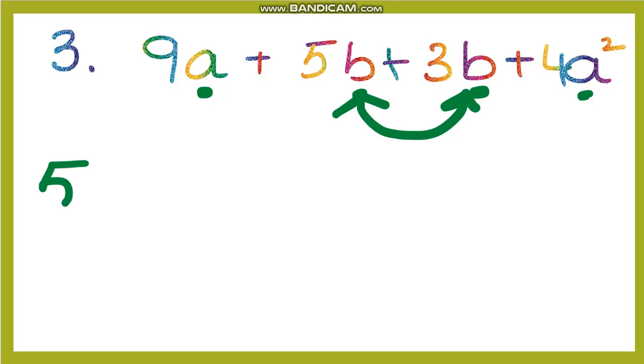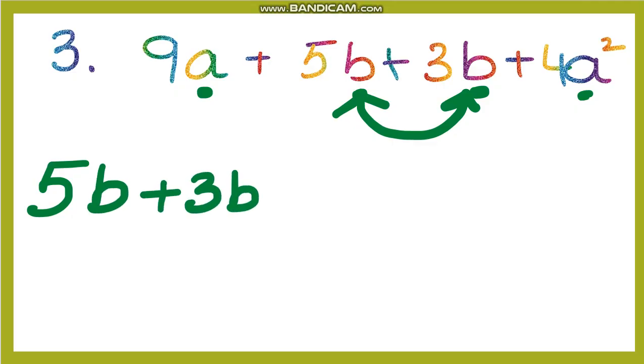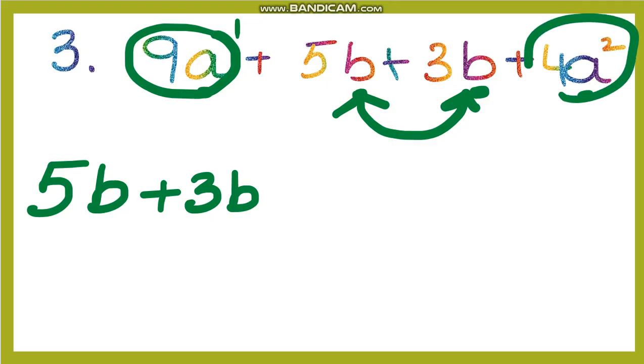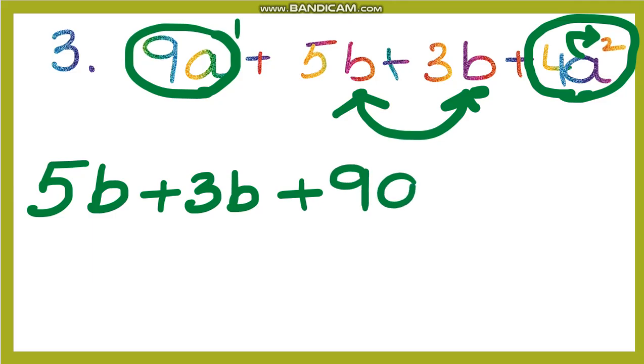So I will write 5b plus 3b. Here 9a has the exponent of 1 and 4a square where a has the exponent value of 2. That means the variables are the same but the exponents are different. Hence they are unlike terms. So I will write them here